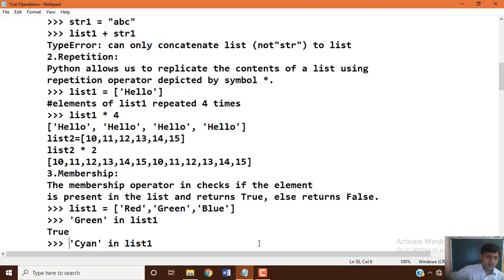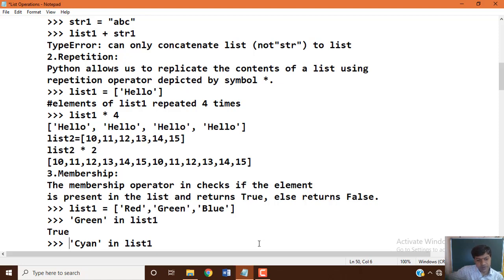Now another one is membership. Membership testing is an operation carried out to check or test whether a particular element or item is a member of that sequence or not. So the membership operator helps us check whether a particular element is available in that particular list or not.